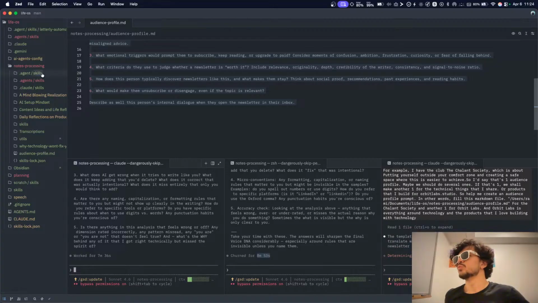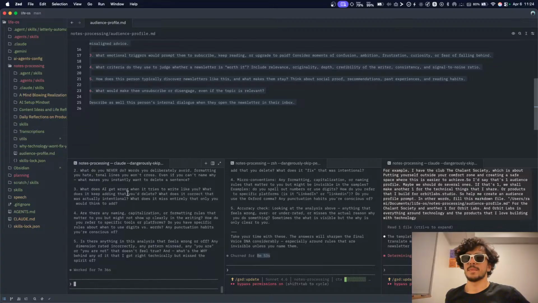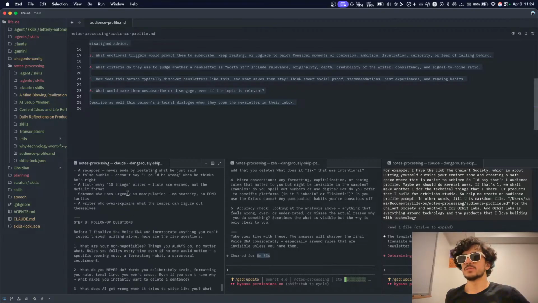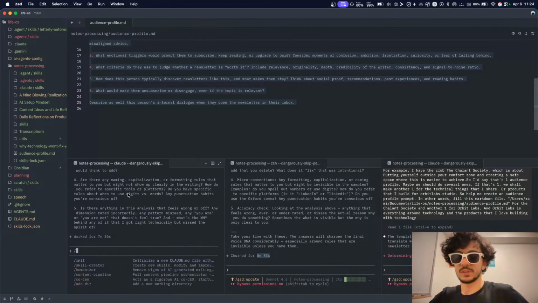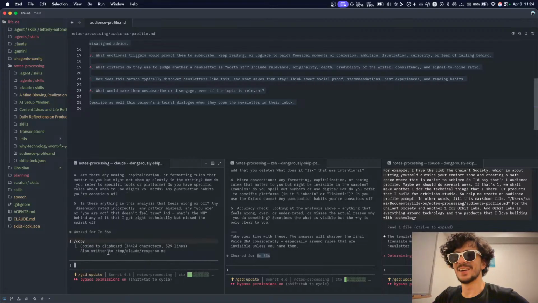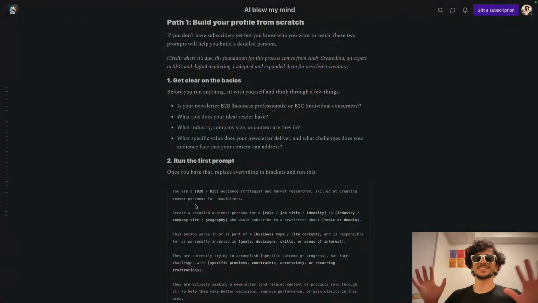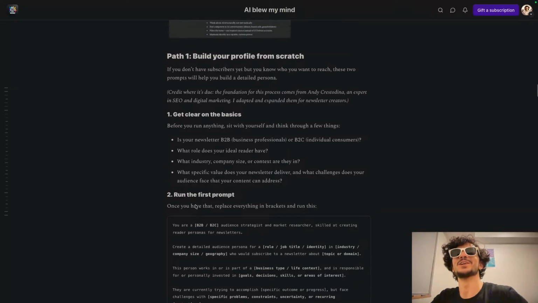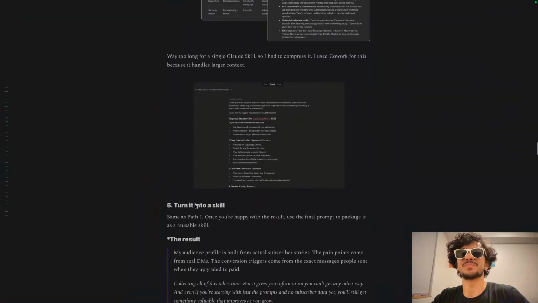So where did you go? Oh, this is the output. Look at this amazing feature that not a lot of people know. /copy. Yeah, it takes everything that Claude outputted and puts it into your clipboard, which is a very simple but useful feature. So, what is next from here?